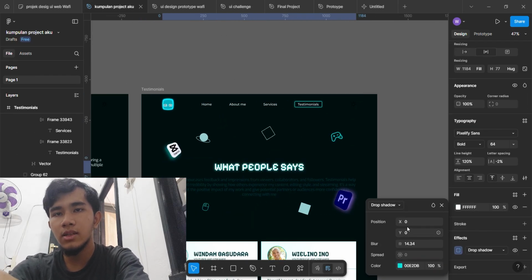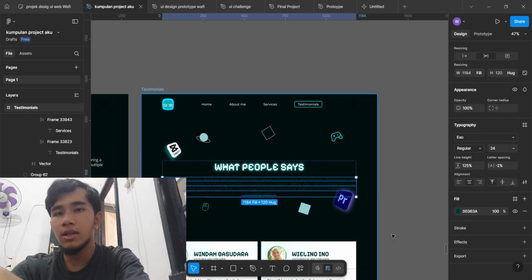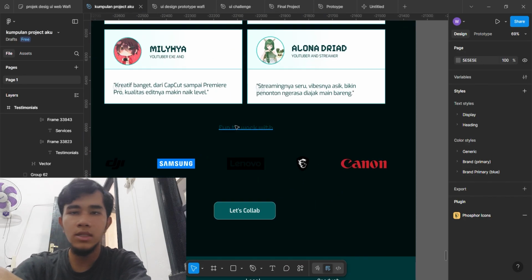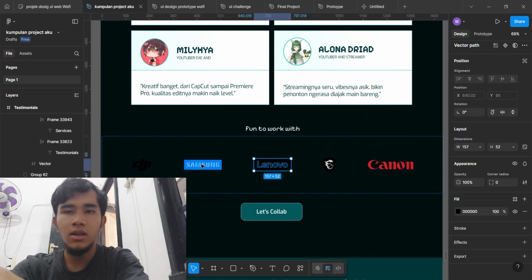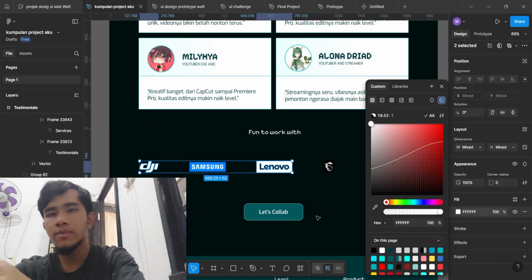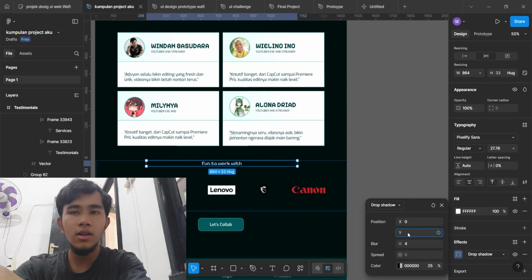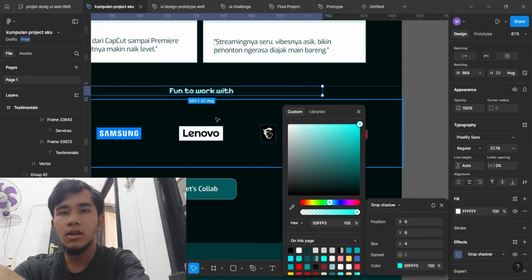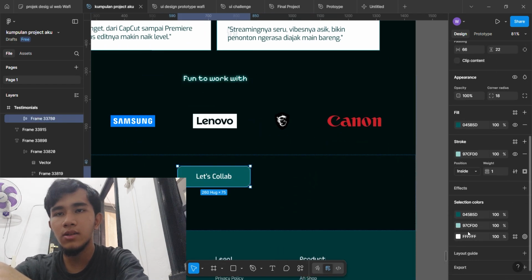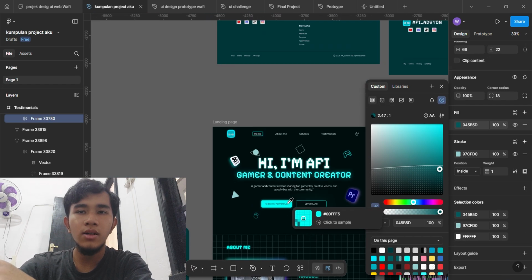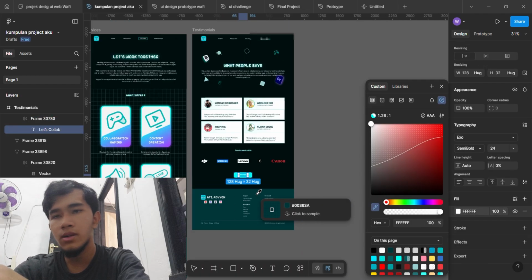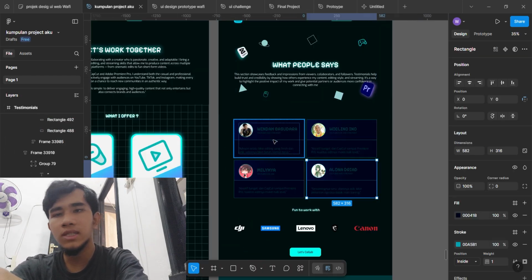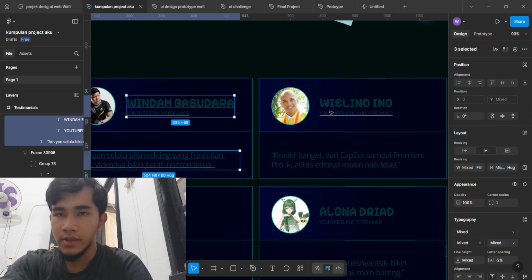In the interaction panel, set trigger, on click, action, change to, destination, frame with 3 buttons, and animation, smart animate, ease out, duration 400 milliseconds. Now preview again, click the button and the other buttons appear. It looks like a small menu expansion or pop-up animation. If you want, you can also make a reverse interaction. Click one of the new buttons, link it back to the first frame so it collapses again.